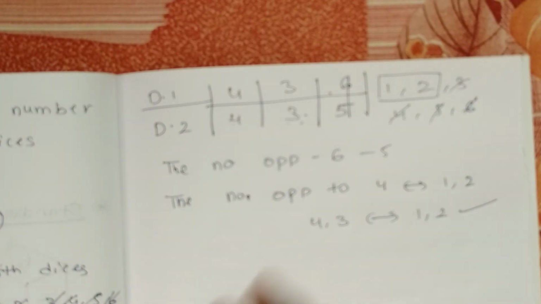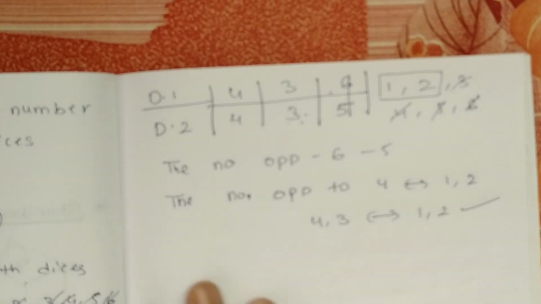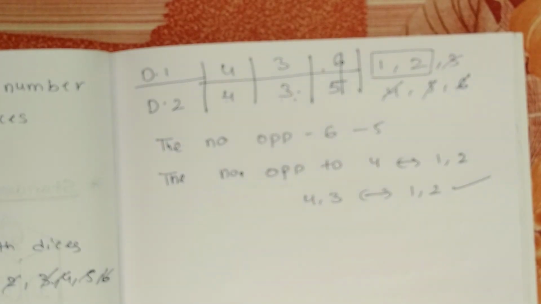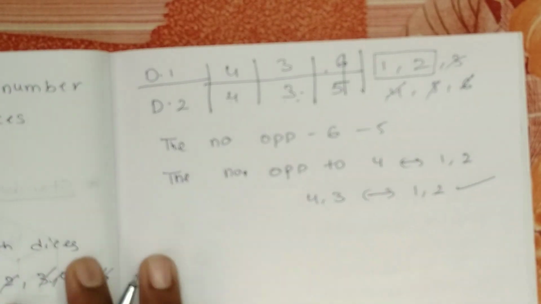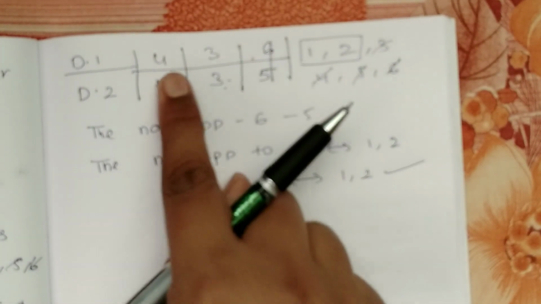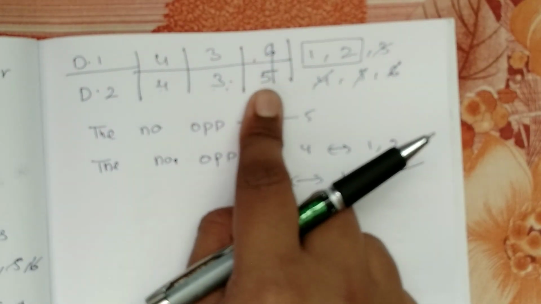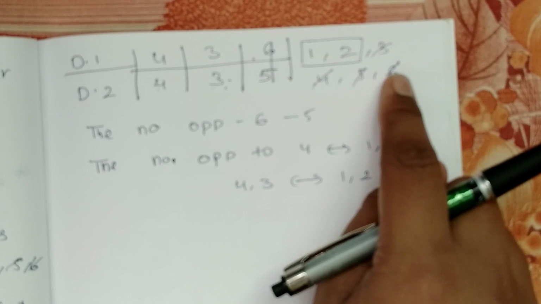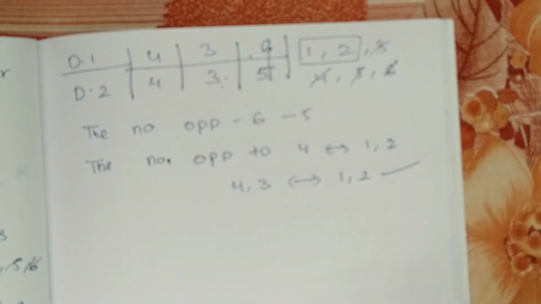That is the most priority option you are going to take, because there will be no other choice, or none of these options will be there in the 4 options. So like this you can tell about rule number 2. In rule number 2, I'll just recapitulate: you have to go in clockwise or anti-clockwise direction. This time I'll go in anti-clockwise direction. I have got 4 3 and 6 and 4 3 and 5, and I wrote the numbers, and here 1 and 2 are the missing numbers.